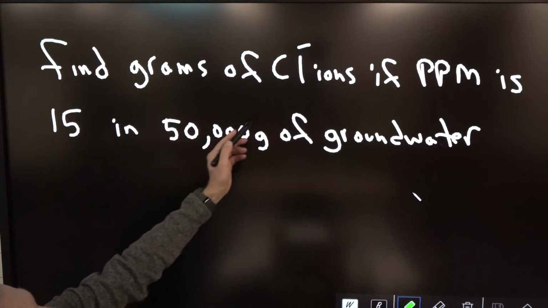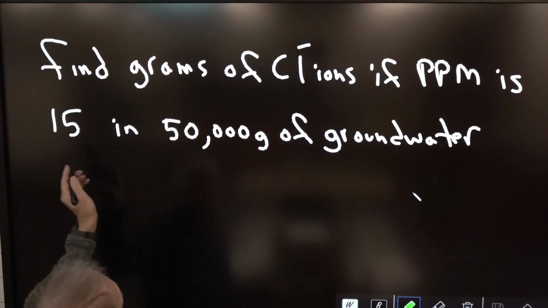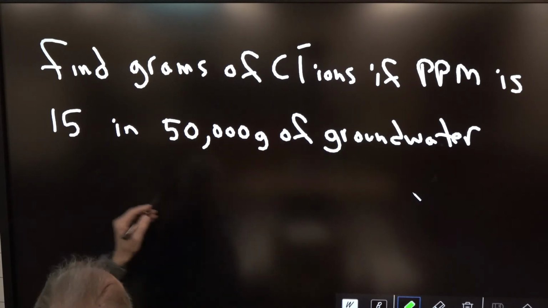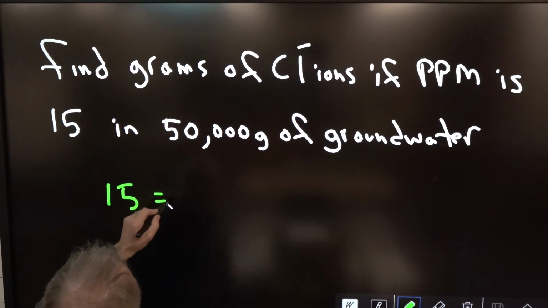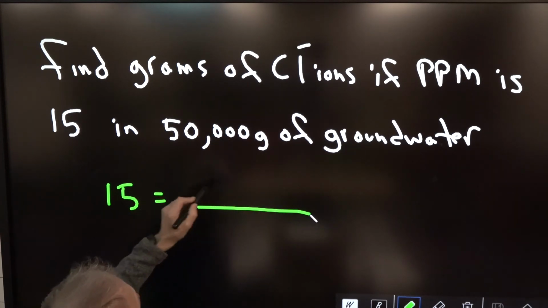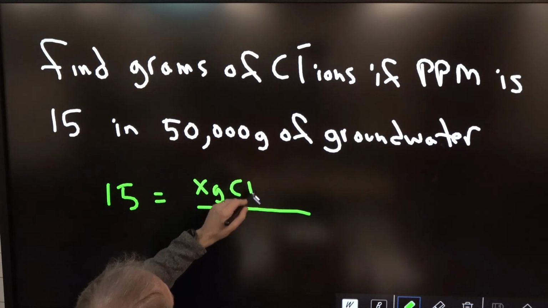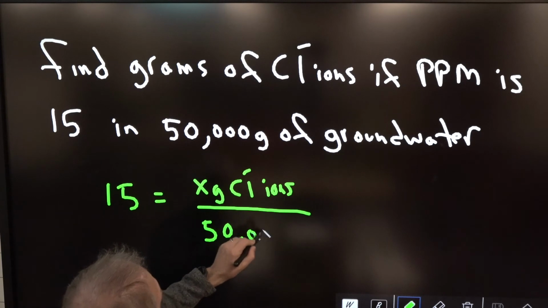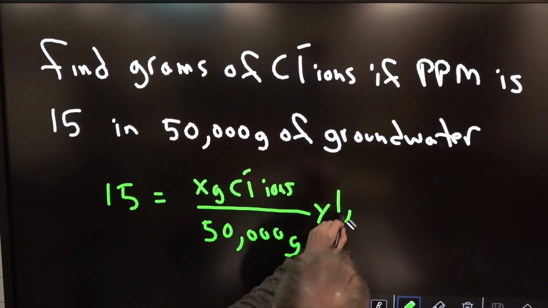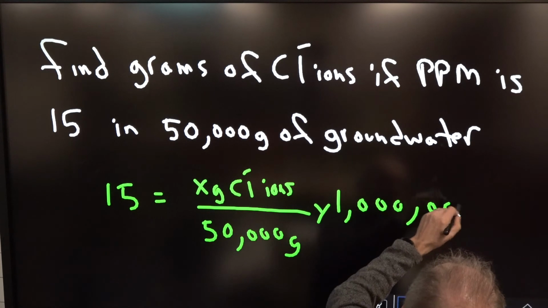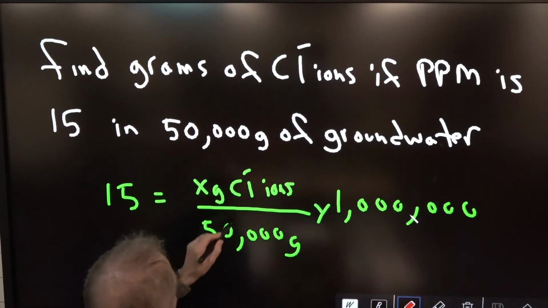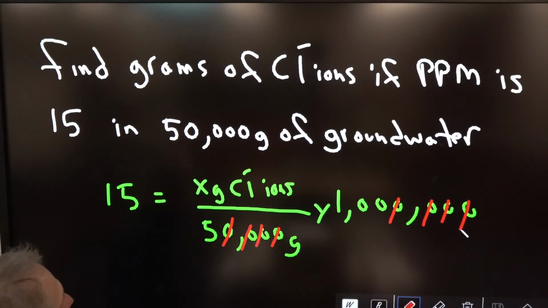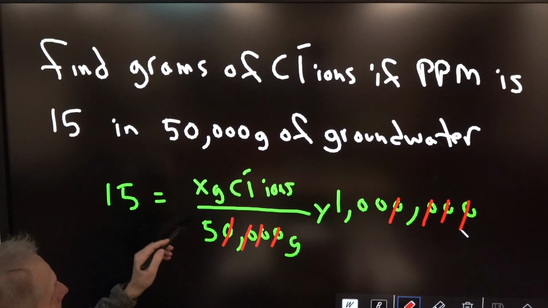Okay, find grams of chlorine ions if the ppm is 15 in 50,000 grams of groundwater. Set it up. I know my ppms is 15. I'm looking for x grams of chlorine ions. And I have 50,000 on the bottom, times 1 million. Okay, so 1, 2, 3, 4, 1, 2, 3, 4. So now what I have is